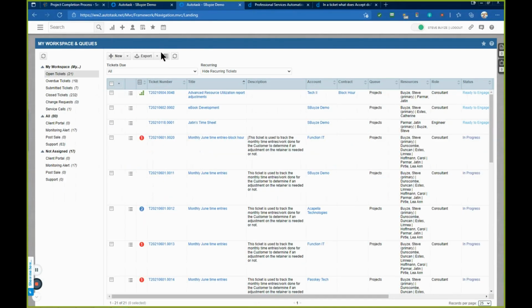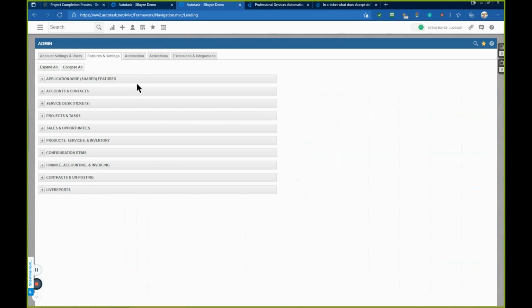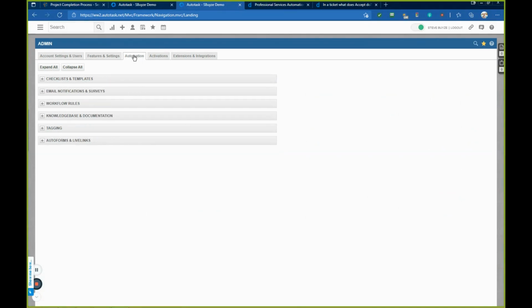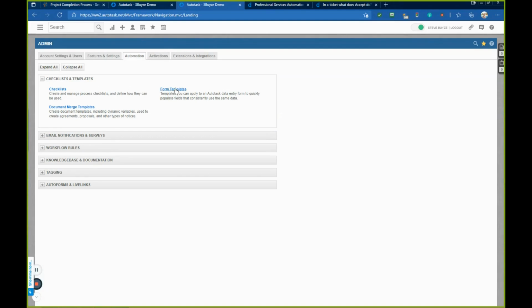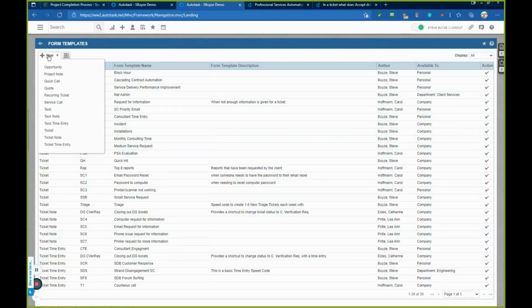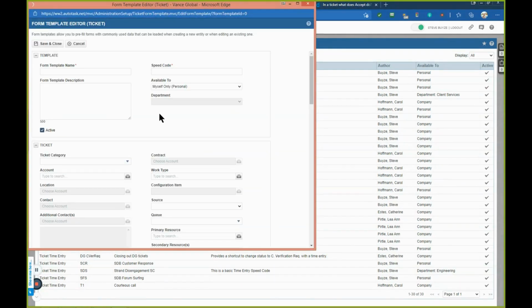So I'm going to jump over to this screen. I'm going to go to the admin module. And in the admin module, speed codes are underneath automation, and they're actually called form templates. We call them speed codes. I'm going to make this a ticket speed code. This is called a speed code because of this, and I'd put the word accept there. In the form template, I would call the form template